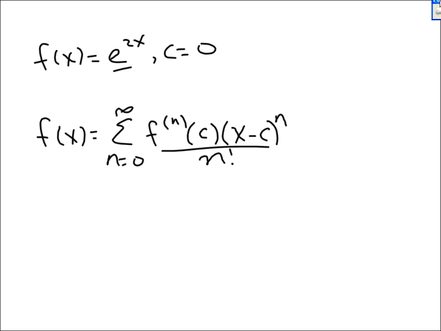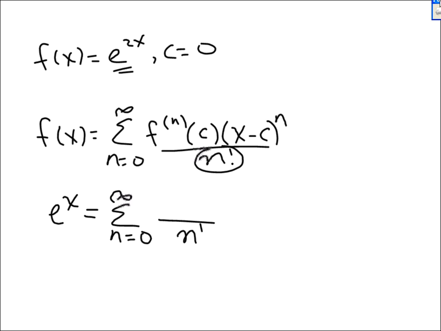So in our case, f of x is e to the 2x. I don't have any problem with writing down n factorial. Remember, c is 0, so that's x minus 0, or x to the n. The thing is, what is the nth derivative at 0? c is 0. Well,